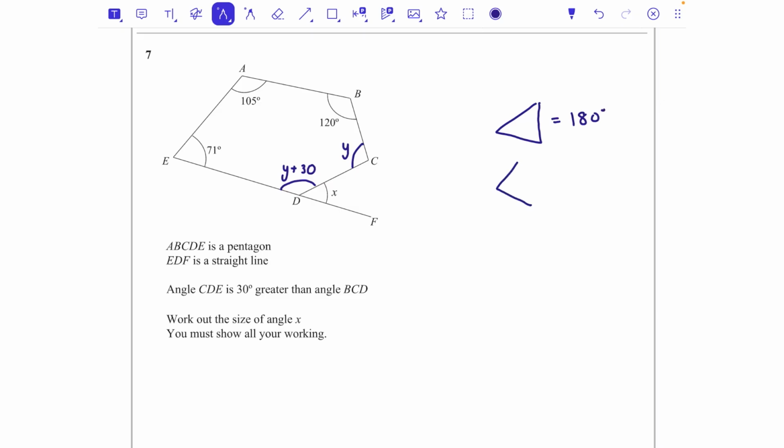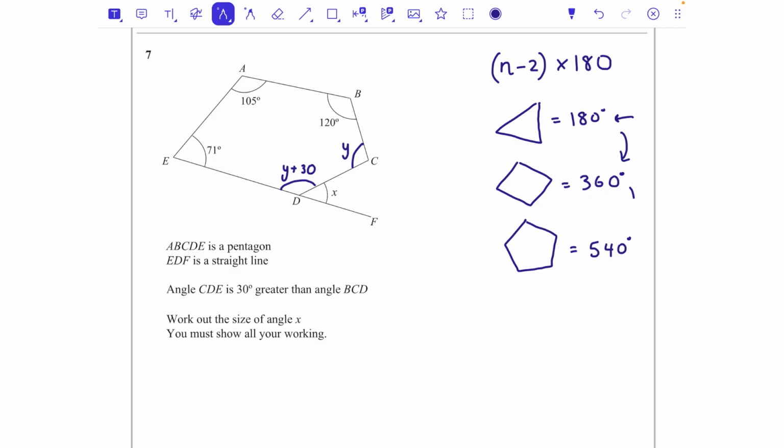Angles in a quadrilateral, a 4-sided shape, add up to 360. And every time you add a side, you add another 180 degrees. So a 5-sided shape, a pentagon, adds up to 540. And the formula for that is the number of sides, take away 2, times by 180. But if you forget that formula, it's kind of nice to be able to work up. So a triangle's 180, and then every time you add a side, you add another 180 degrees, just in case you forget that formula